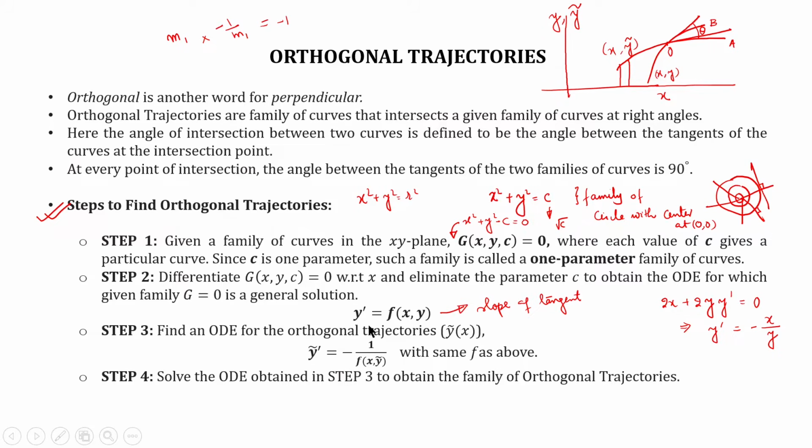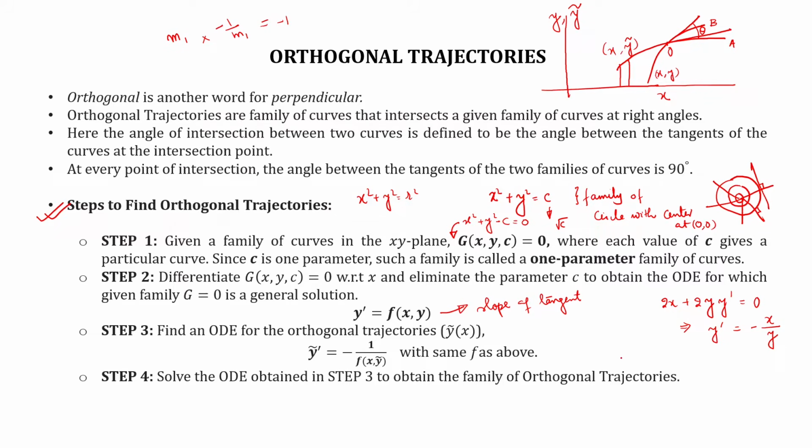Now we know that while solving the ODE, we would get the general solution where there would be a constant of integration, and that constant of integration would be the parameter for orthogonal trajectories. By replacing various values of that constant of integration, we can obtain the family of the orthogonal trajectories. We will see how to find the orthogonal trajectories using these steps that I have described just now while solving the problems.